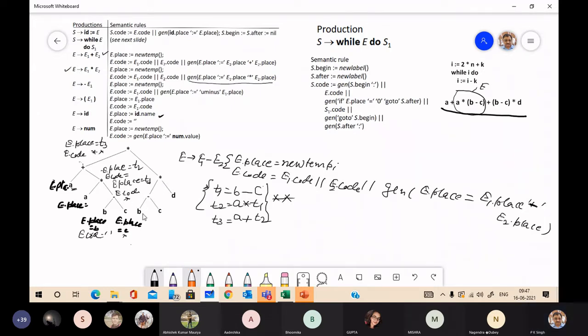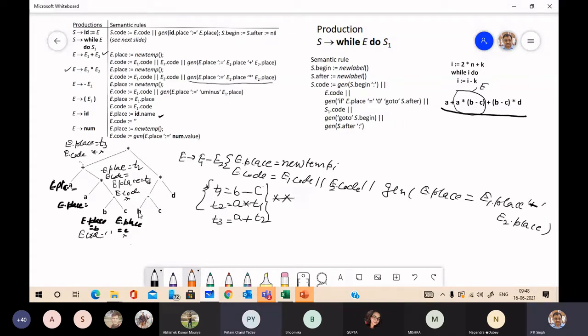After that, it will perform this operation. Again, for this operation we have this and this.